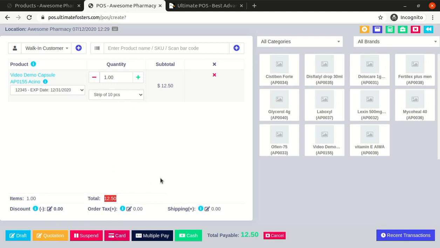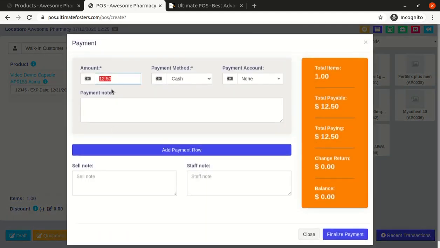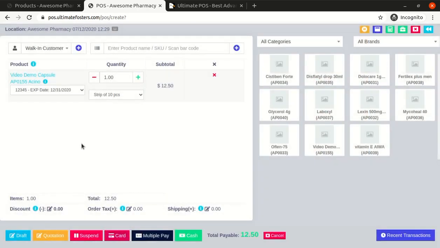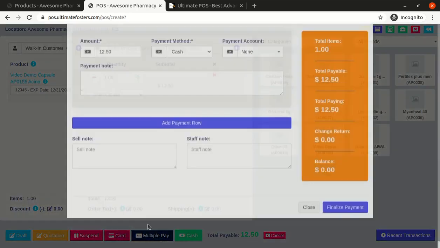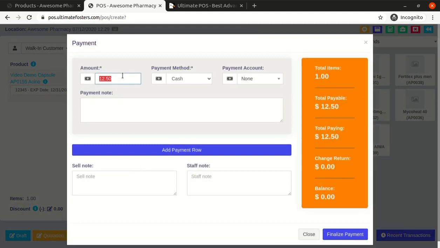But if the customer will pay you $20 or something like that, in that case you can click on this multiple pay, and from this multiple pay you can enter how much the customer paid. Here you can select the payment method, if the payment method is cash, card or check, all different payment methods. You can select the payment account.